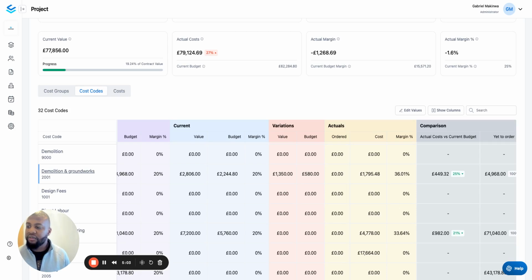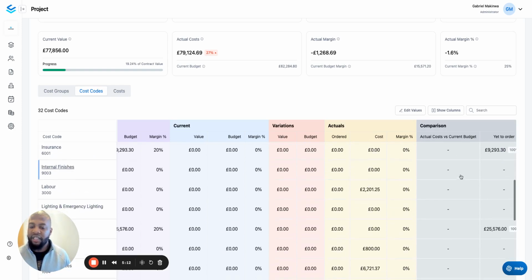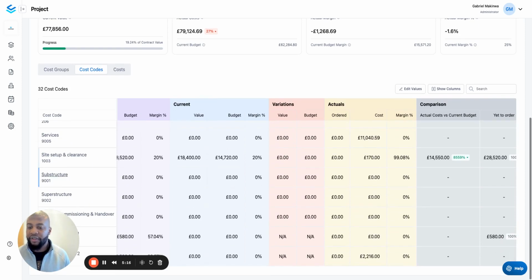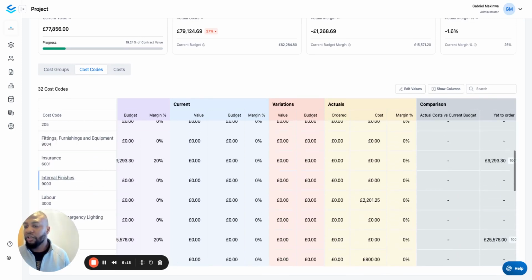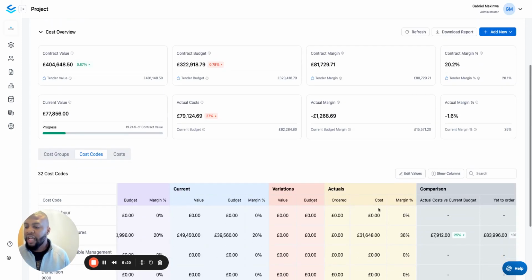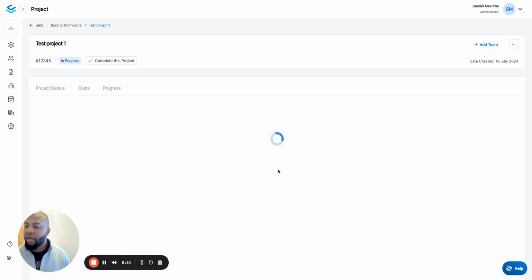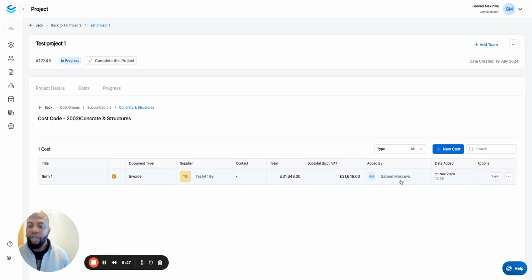And what we do is actually compare your actual cost to date for this cost code to your budget to date. Yep. So if you're under or over budget, that will immediately be flagged up by the system so that you don't wait till the end of the project to figure out that you're actually over budget on a specific cost code. Yeah. And for any of these cost codes, you can click into them to see more detail about what invoices actually contribute to that